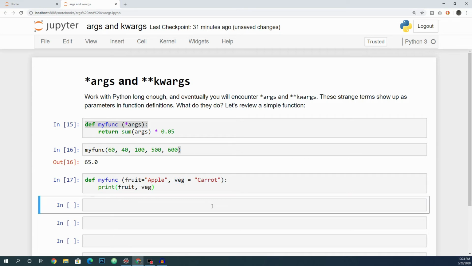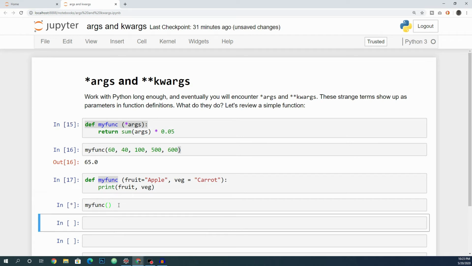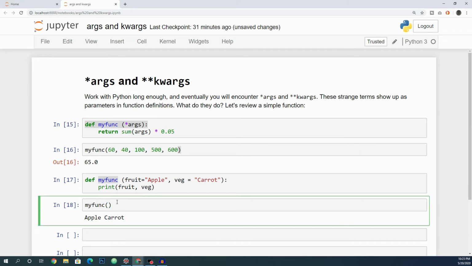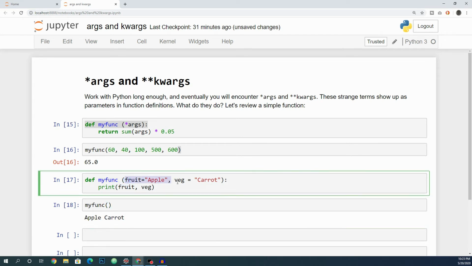And if I press shift and enter and then call this function, you would see that it will print out apple and carrot. Now, in the same manner, if I'm willing to provide it something else, like human beings or something like that, I have to add it right over here and then add it to the print. And as always, if I have 100 lines of code, I need to make changes to those as well, which is pretty hectic. So instead, we have a cleaner way of doing this, and that is star